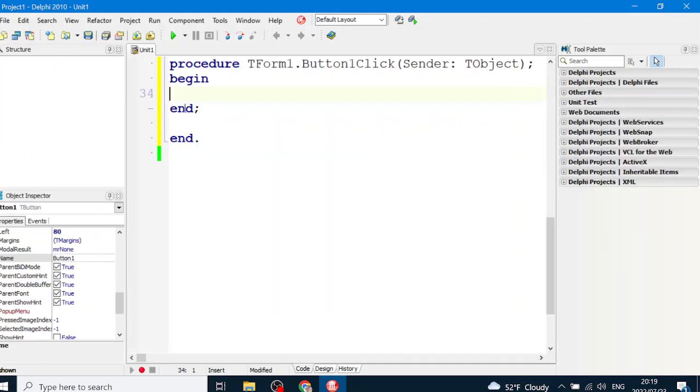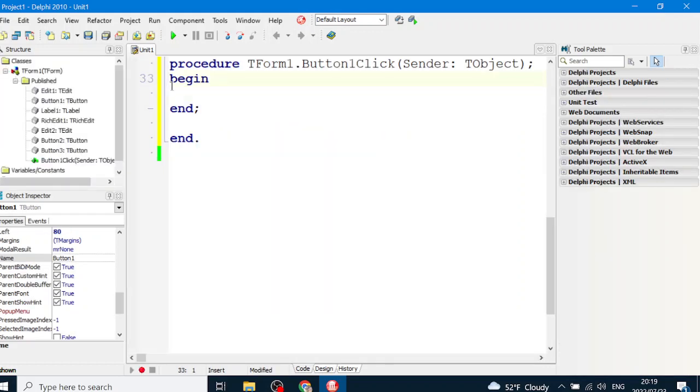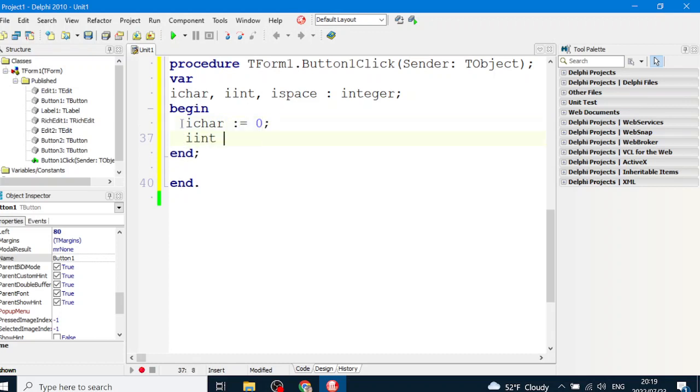So if we're going to count in our button click event, let's make some integer counters. Variables: var, char, int, and space. We're going to make 3 counting variables, and because we're going to count, we must set them to 0 before we start counting. Always have to start with 0, and we're going to use a loop to go through every single character of that string,